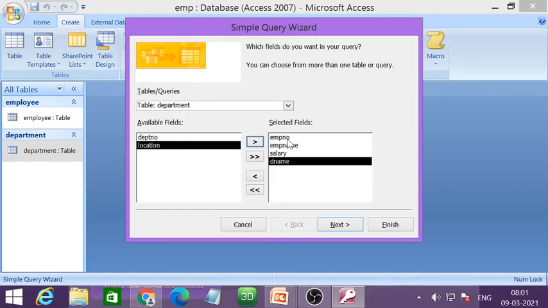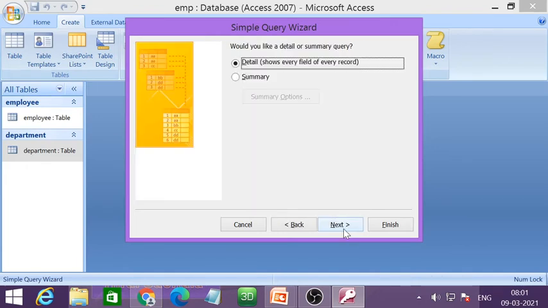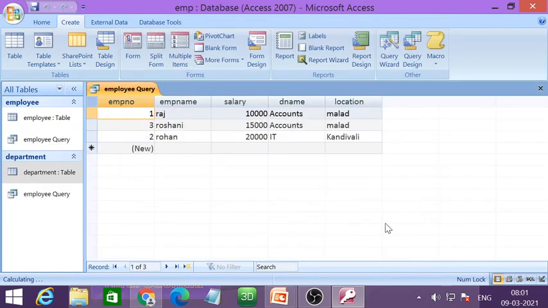Okay, so some fields I have selected from the employee table and one field from the department table. Second, I will select location from the department table and click on next, next, finish. Yes, see students, one query has been created based on these tables.